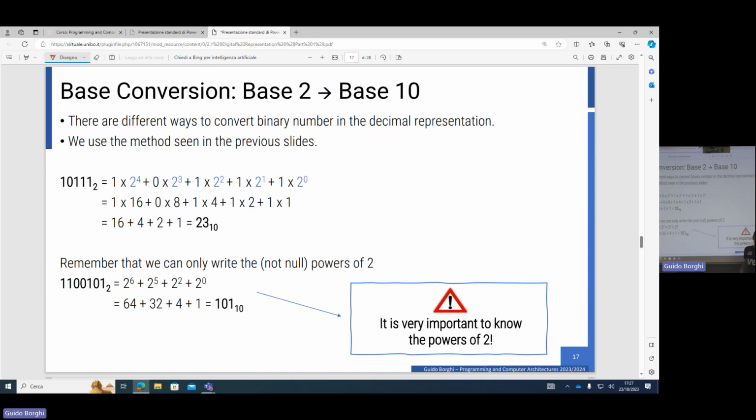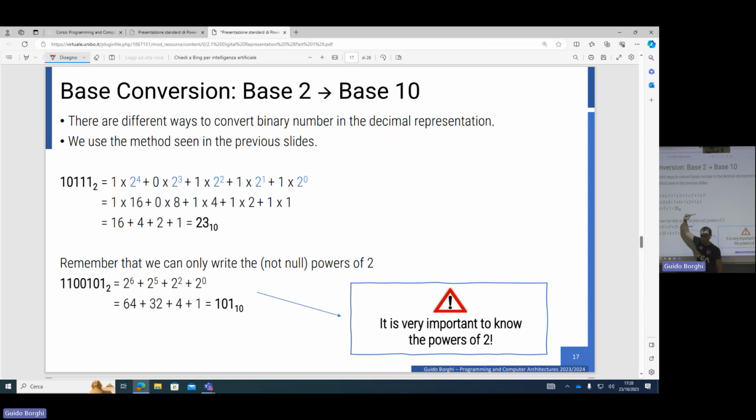So how is it possible to pass from base 2 to base 10? We can apply the method that I showed you before, so nothing new. We have the number in base 2, 1, 0, 1, 1, 1. We can apply the same procedure that I showed you before, okay? So we take the first one, 2 to 0, the second one, 2 to 1, 2 to 2, and the